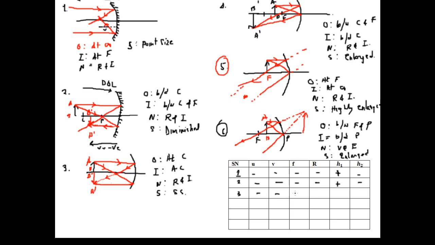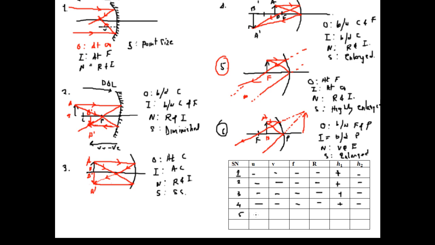Let's come to the last one. Here you look at the difference. Here focal length, here U is negative, V you are now measuring along the direction of light. This is the direction of light. So in this case V will be positive, focal length negative, radius of curvature negative. What about H1? H1 will be positive, H2 will be